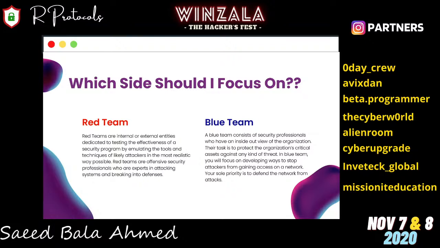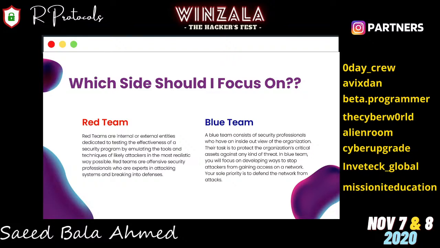Blue teamers perform tasks like risk assessment. Blue teams perform risk assessments by identifying threats against each asset and the weaknesses these threats can exploit. By evaluating the risk and prioritizing it, a blue team develops an action plan to implement controls that can lower the impact or likelihood of threats materializing against an asset.